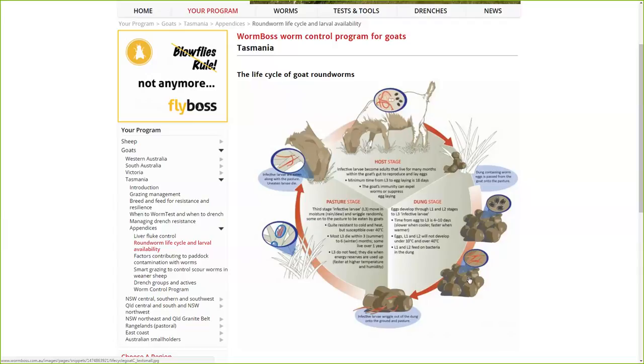Those L3 now are covered in a sheath, so they're no longer able to feed. They leave the pellet and they find themselves in the pasture sward, and they wriggle incessantly, more so at higher temperatures, in moisture films, and some of them find themselves on the leaf blades. Almost all of them will be below the 10 centimetre height. Goats browse, consume that third stage infective larvae that then molt, and depending which parasite they are, then establish back